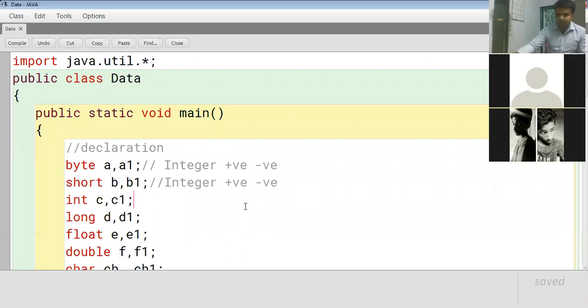This you are all accustomed with, because I taught you your entire Java programs in class 8 using int. Int is the most flexible part of the entire integer data type. Try to understand the sequence. This int is bigger than your byte and short. That means much bigger numbers can be stored. Again, you can store any positive number as well as negative number.